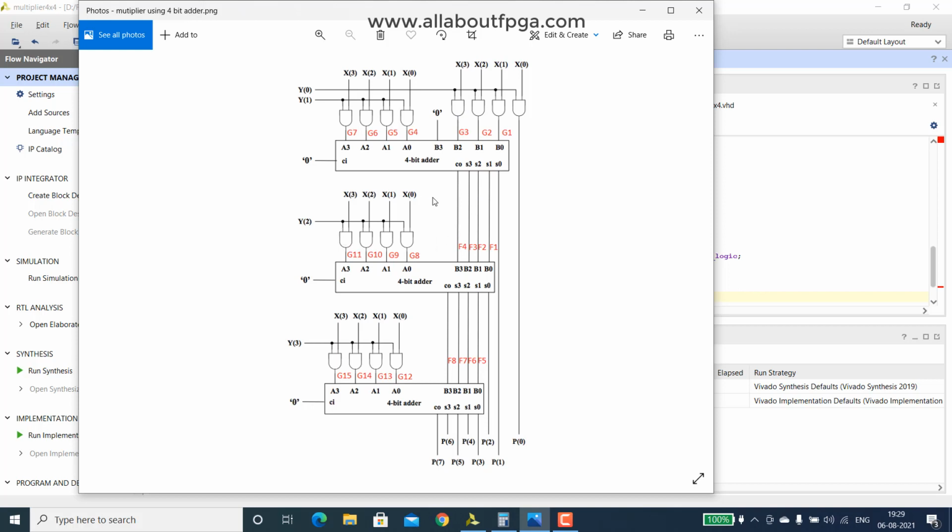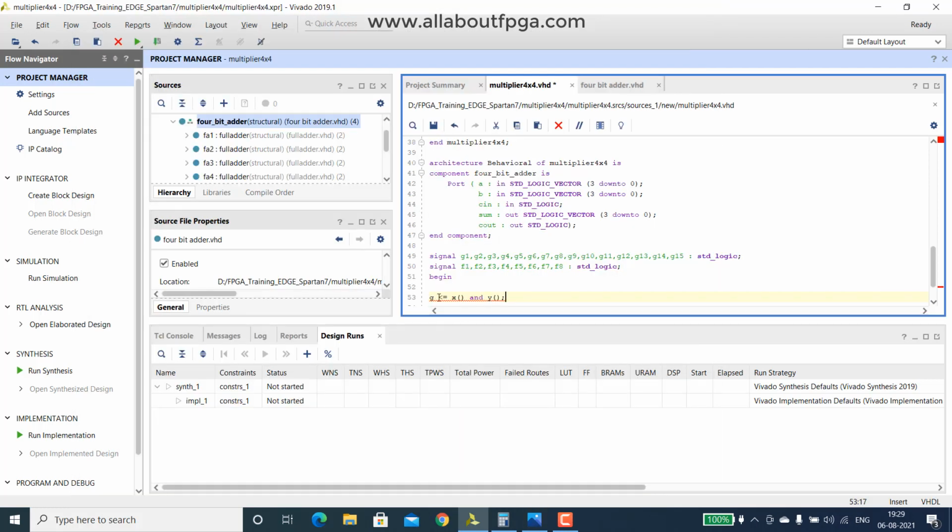You can see that X0 and Y2, X1 and Y2, like that, X0 and Y3. So we can simply give this general form.